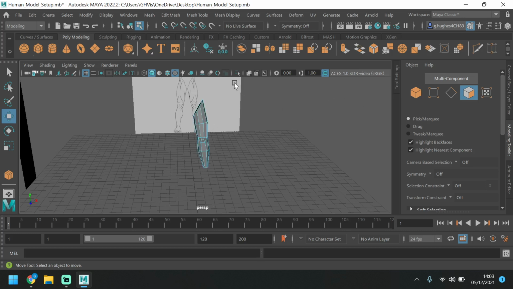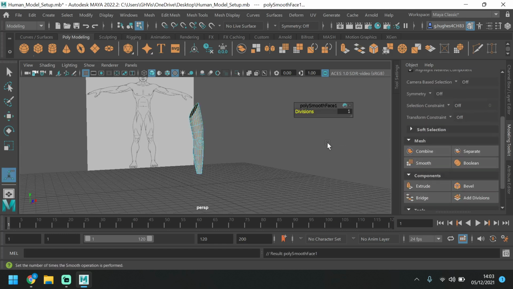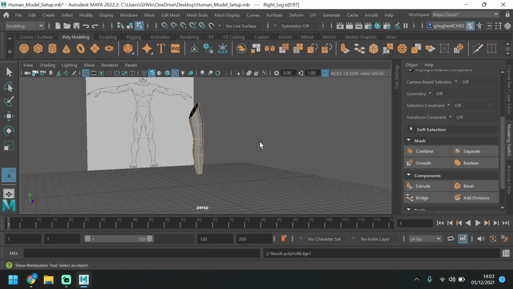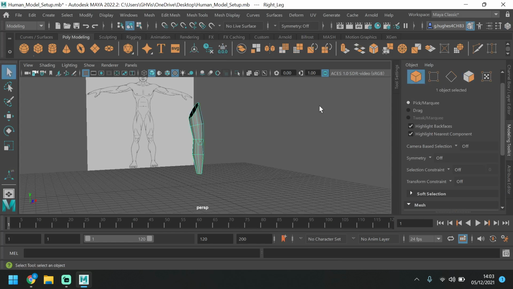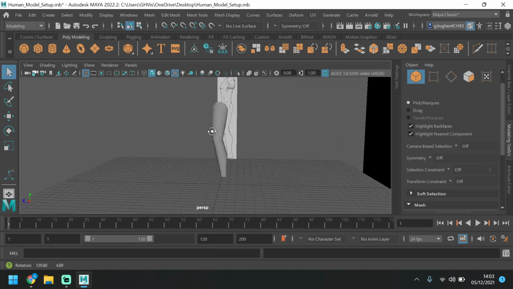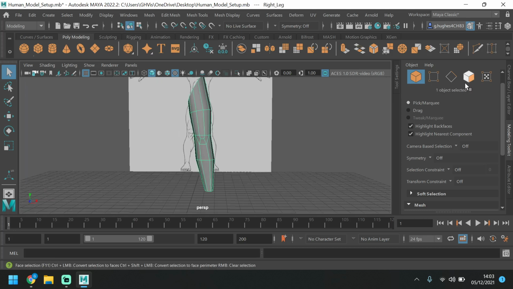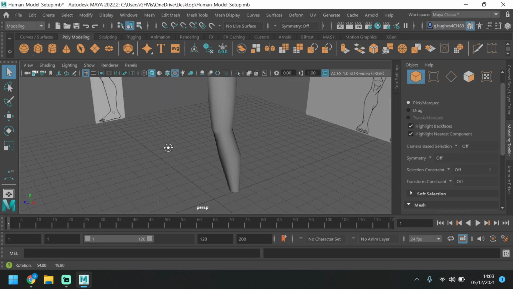We can also select all the faces. I would not do this yet, but if you just want to have a look, you can also smooth them. Oh, sorry, not smooth them there. Mesh display, soften edge. So it gives it a little bit smoother look, but not quite as much as if you press 3 and it doubles the faces. So you've sort of got this leg